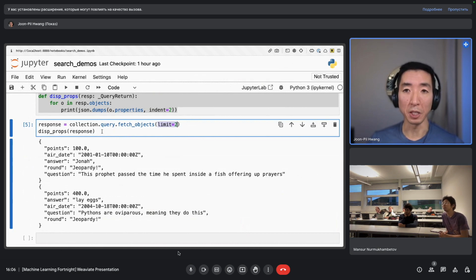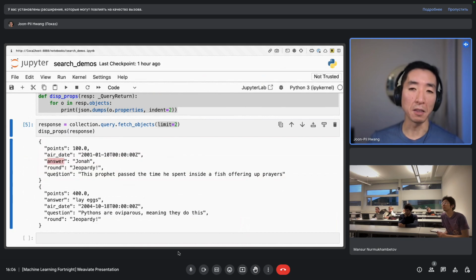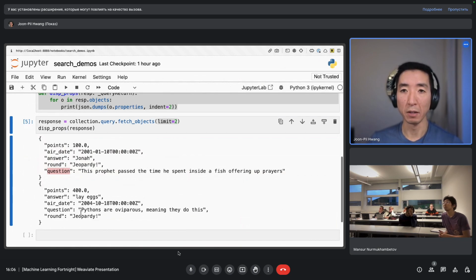I'm just getting 2 objects from the database, and they each come in a JSON or dictionary format like this. You can see some bibliographical information, like points and when aired on TV. The key things I'm looking for are the answer, which is obviously the answer to the question, and the question. Let's have a look at those and see how they change based on our different queries.